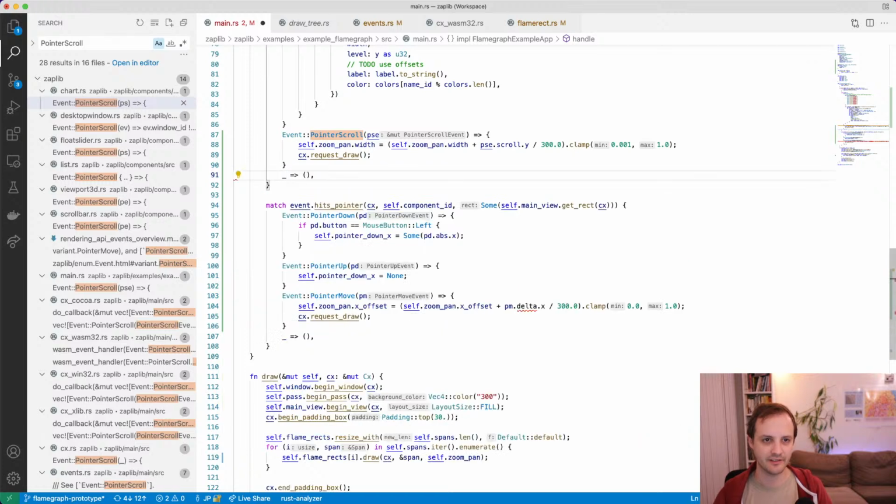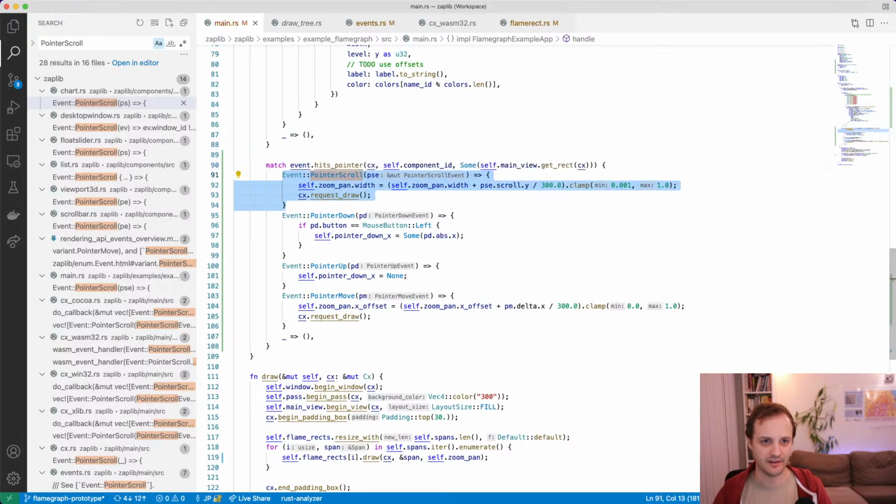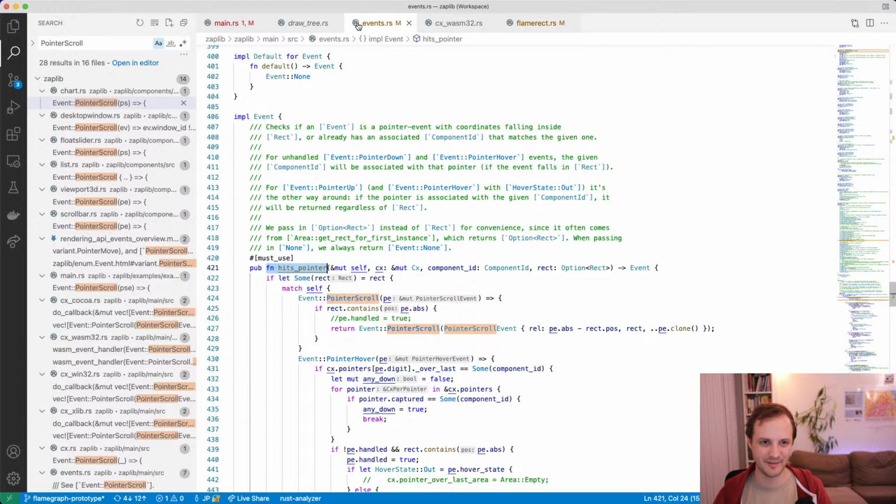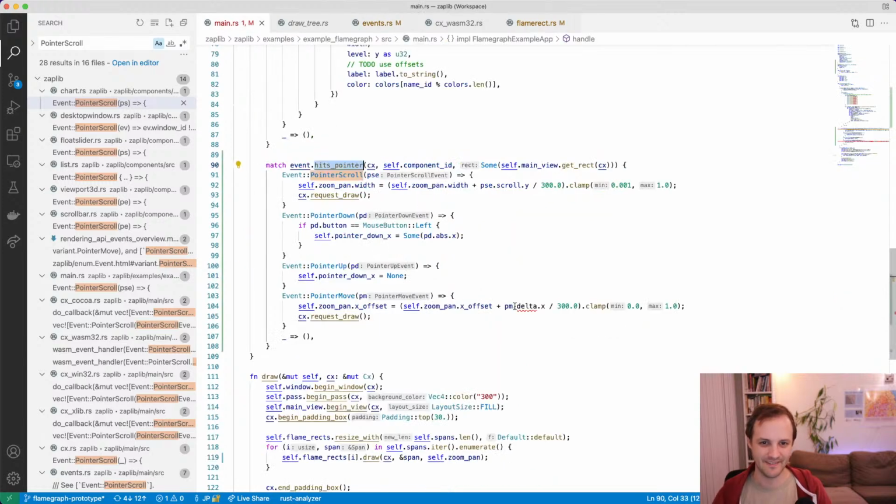Let's get rid of these. We've moved those over. Yeah, we can even have the pointer scroll be in here. And now what we have access to in this pointer move event is a relative position, because now we're in event hits pointer, and per the comments that I added there. Yeah, okay, so now we have a relative position, and here what we want to say is this should be